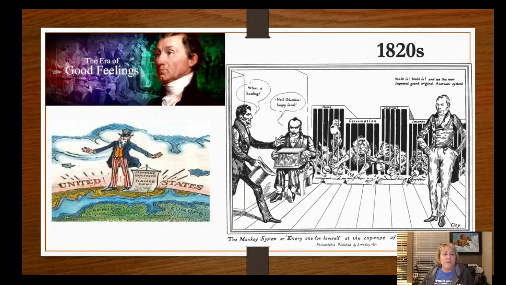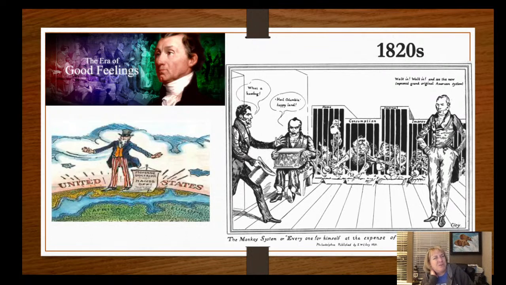And the era of good feelings is going to be overseen by the presidency of James Monroe. James Monroe, the fifth president of the United States and the last of the Virginia dynasty. He is the end of what I call the revolutionary generation of presidencies. And he's going to come in the era of good feelings, and there's going to be some pushback from some